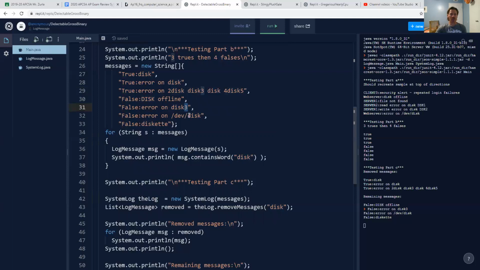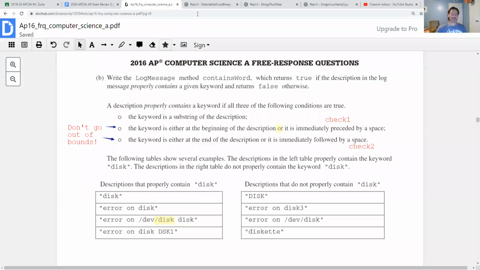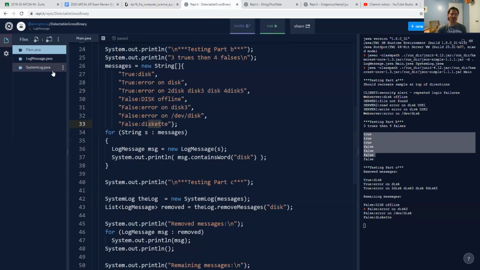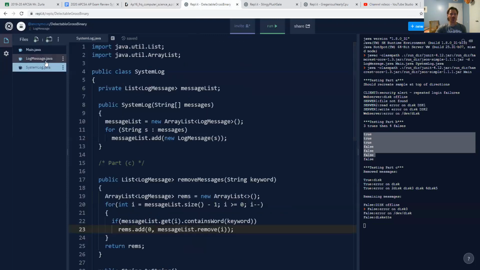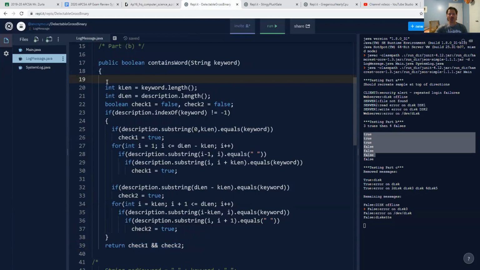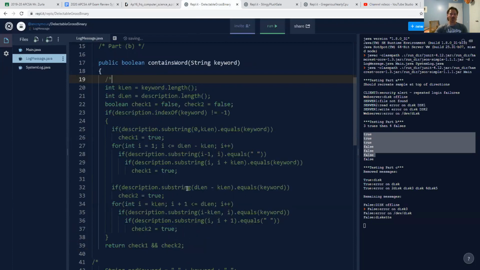It could have been the 3, could have been the slash, could have been the word diskette. But yeah, those 7 cases are all showing up true. All right, you may have noticed I had a way different looking answer down here commented. And so yeah, if you were comfortable with some advanced string stuff, there's a way easier way to do